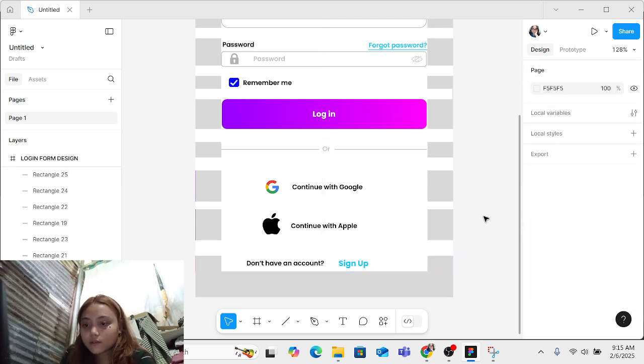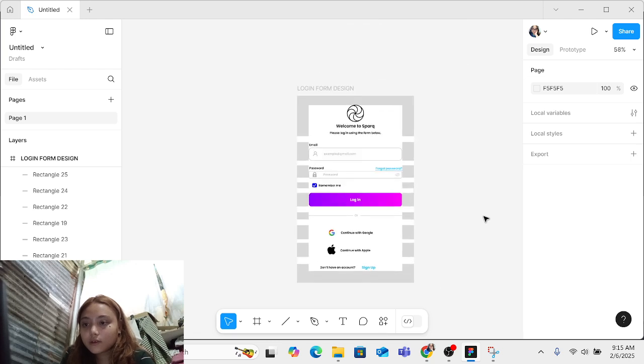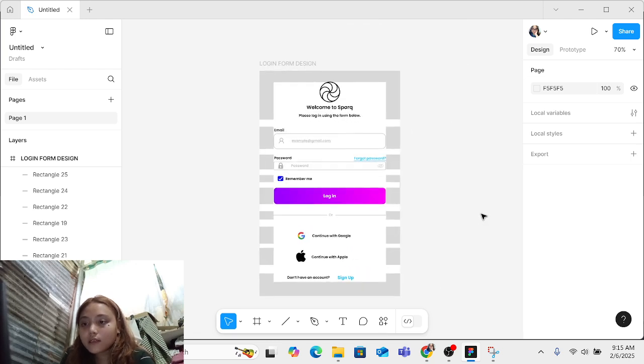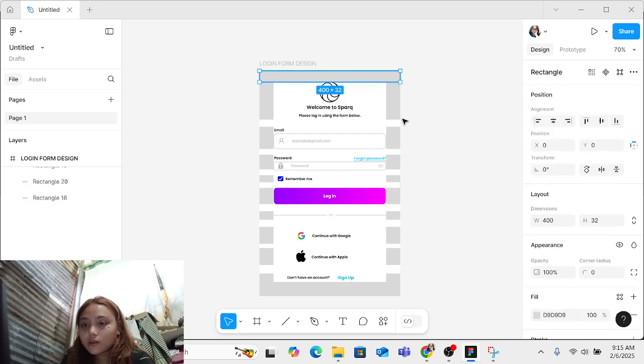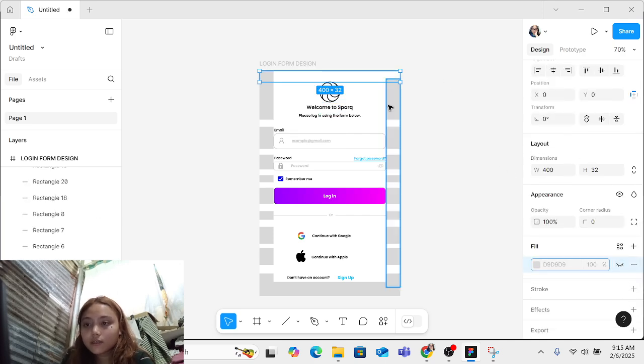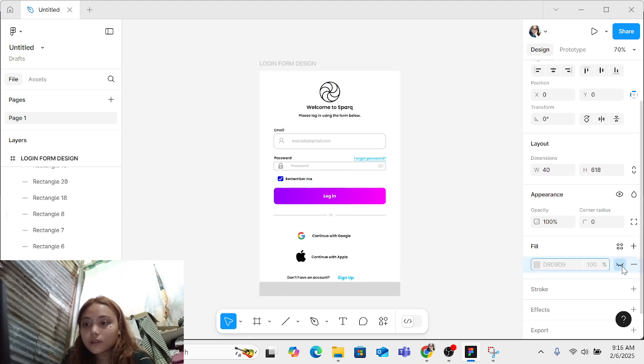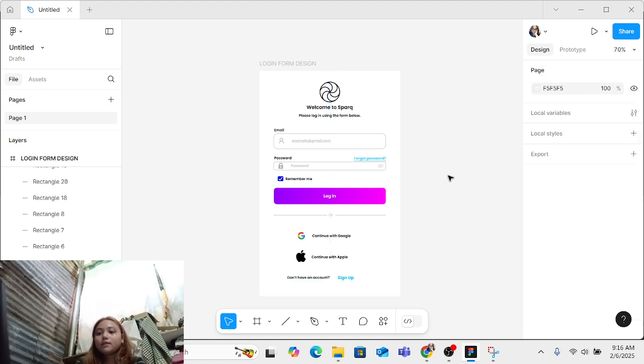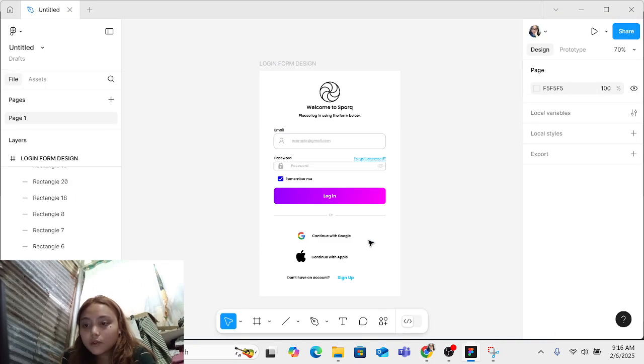So since we're already done, so here it is. Now the next thing is we're gonna turn off the color of this one, this one, and for the last. So here is the final look of